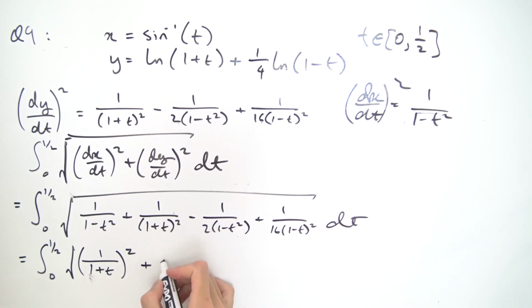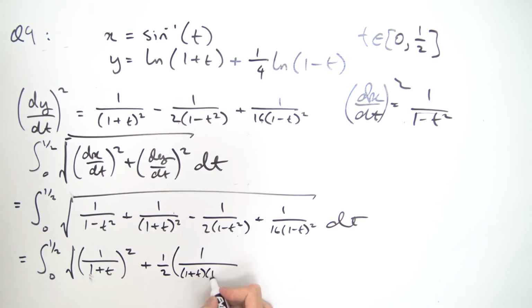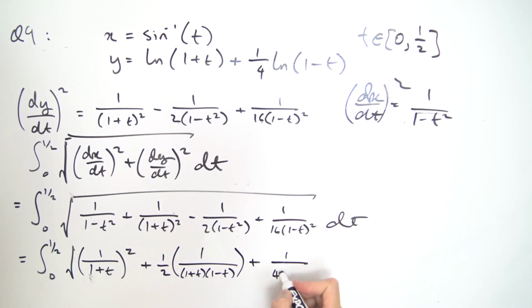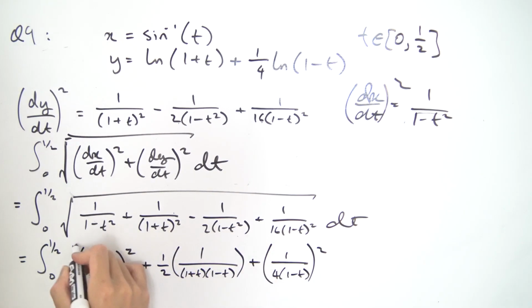We have 1/2, and then 1 over, and now notice 1 minus t squared, difference of two squares, that's exactly 1 plus t, and then 1 minus t, like so, and then a plus 1 over, and I'm going to write this as 4 times 1 minus t,